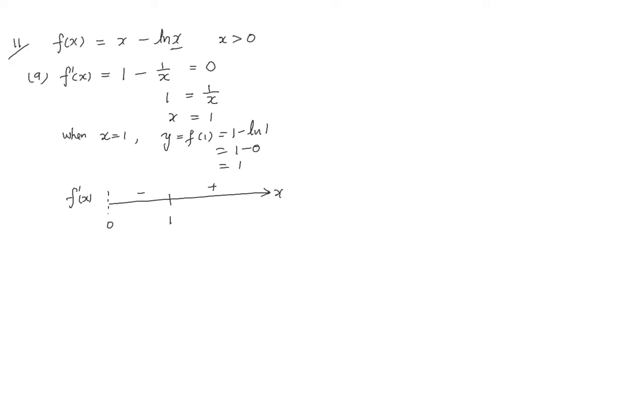So therefore, 1 is the local minimum. Is the only local minimum. Done. Okay, so now, in order to do part B,